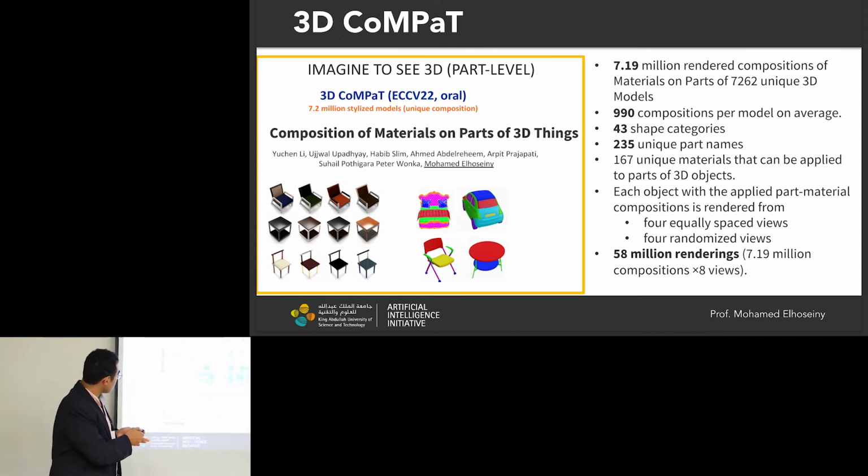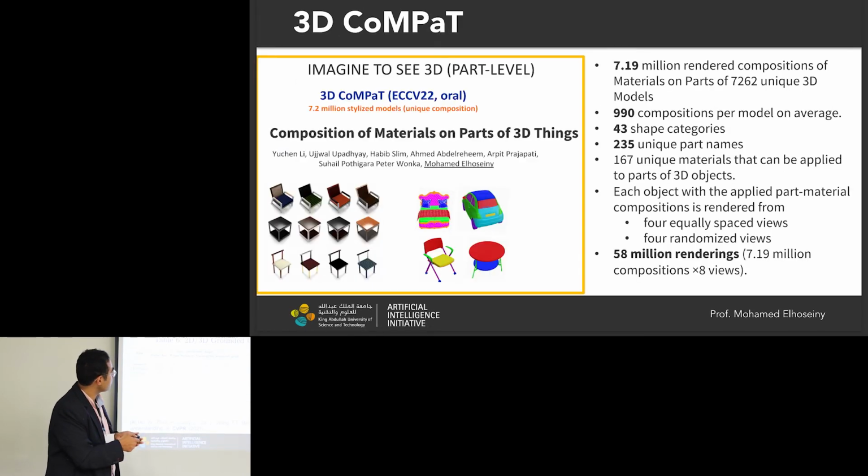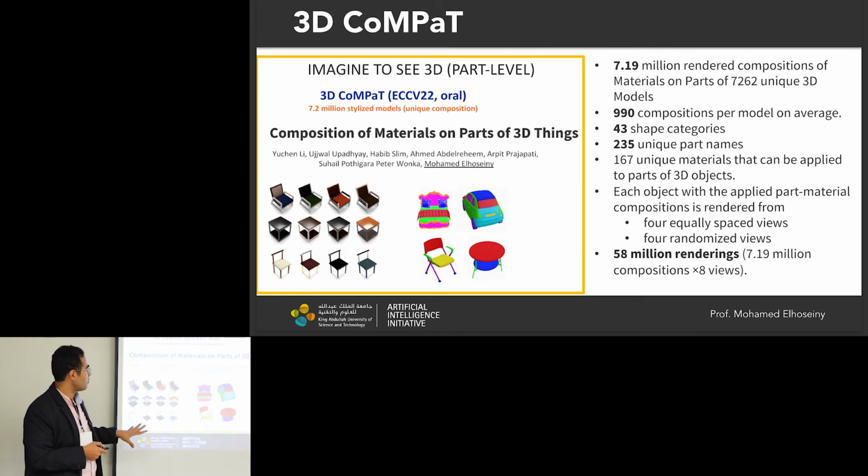I think. Let me see if there are more examples. Lamps. So mainly household things. I think you can think of most ShapeNet classes are there as well. But the key difference between the dataset and ShapeNet, for example, is the material part and the composition of these, and also that we are capable of defining new tasks.